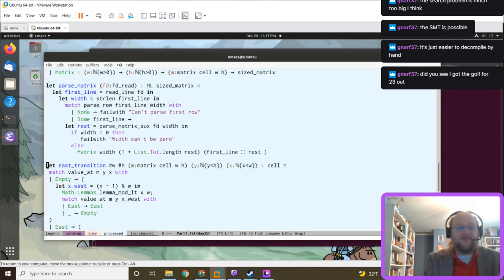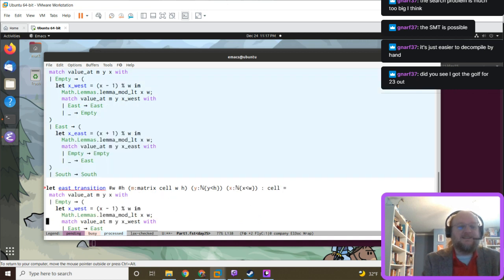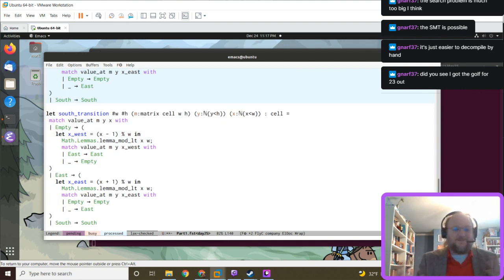And then it'd be nice to have some fancy higher order way to say, well, do the same thing but swap X and Y. I'm not that clever at 11:20 at night after celebrating Christmas Eve.